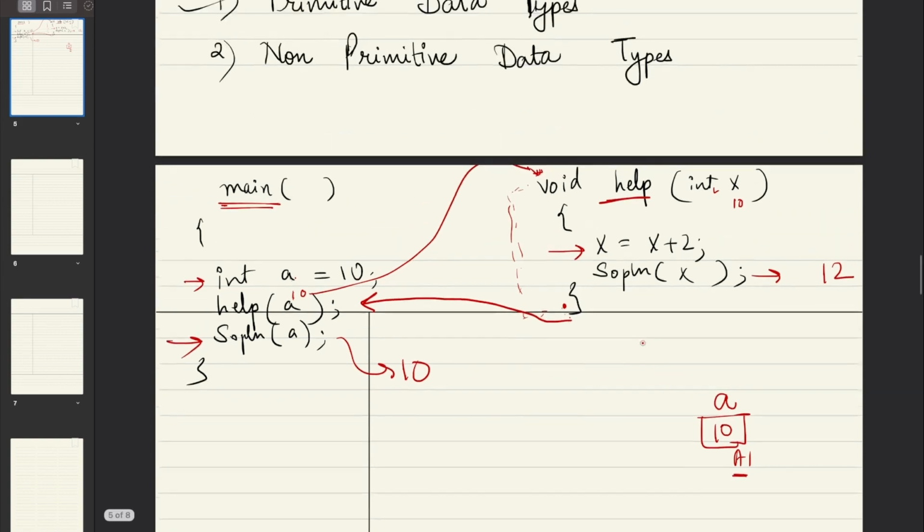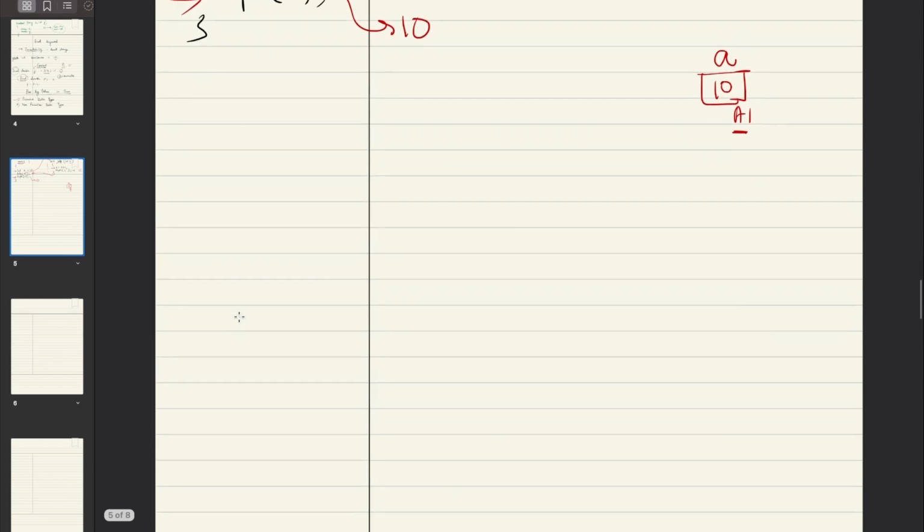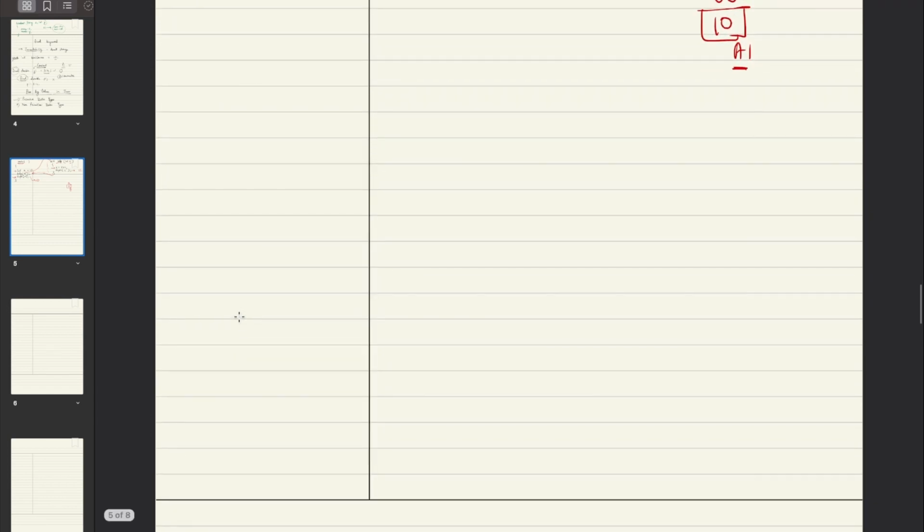All right, so this is easy. This is a first bit which is very easy. The second bit where usually people get confused is how does pass by value work for non-primitive data types, right? So non-primitive data types, as if you know, are nothing but, you can think of those